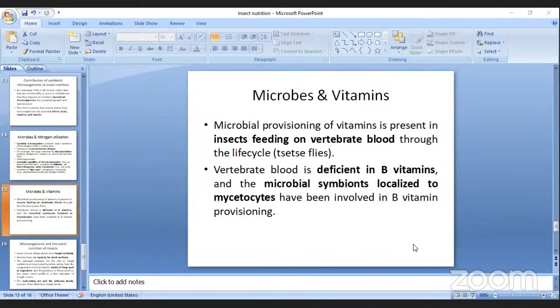Actually, this insect nutrition part is not a very practical area to cover. It's just theoretical points, so I have added as much as possible. Even if I add more, it's tough to get those points. I will send it in the group along with some questions also.